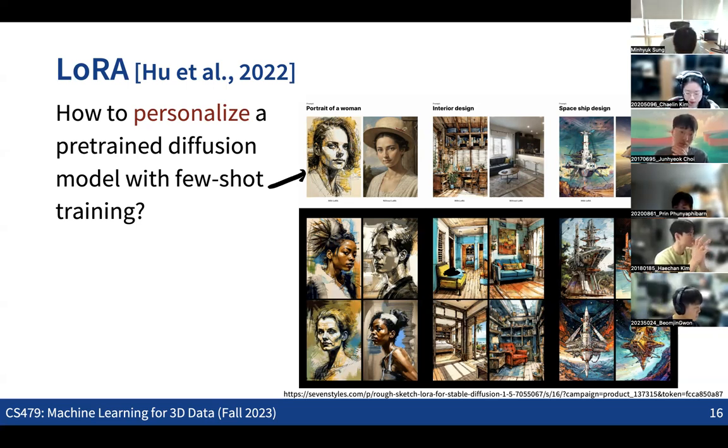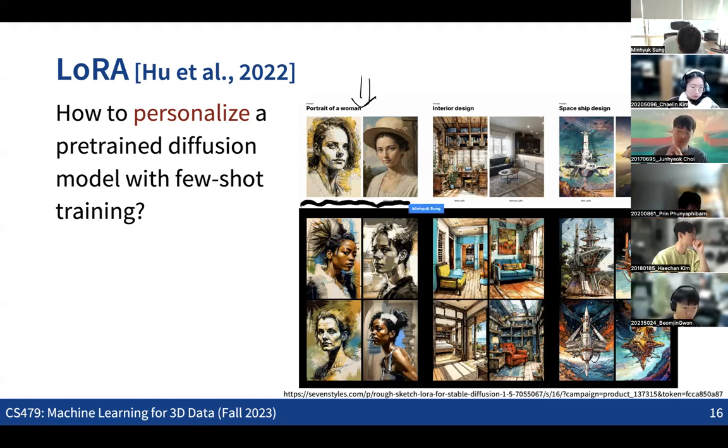This is a very famous technique, already being used in many design processes, as you can see. For example, you can adapt the pre-trained model to produce a style of human portraits, and then we can get these portrait images. We can also adapt the pre-trained model to generate interior designs, and get these kinds of images, and so on.